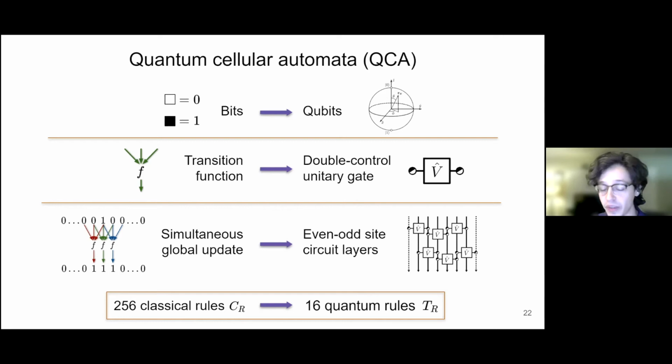And so with that, what we have to do is somehow time order the updates. We've experimented: rather than even-odd, you can also just do a sweep across the lattice, or rather than overlapping even-odd, you can do every third qubit, so like 0, 3, and so on, then 1, 4, and so on. It's hard to say without writing out the modular arithmetic. But there are lots of ways to order these qubit updates.